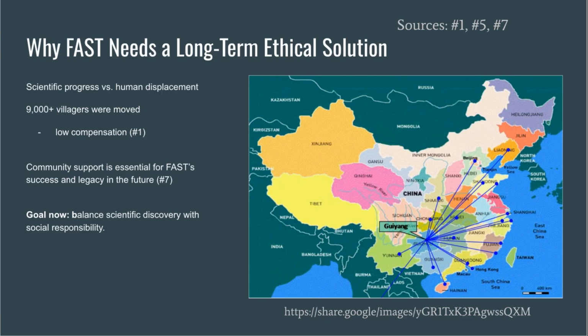Many people questioned whether they had any real choice in leaving, especially since this region is rural and historically has little political power. At the same time, FAST's long-term operation ultimately relies on the support of the surrounding community, because any interference from electronics or tourism, because of the sensitive technology or nearby homes, can disrupt the sensitivity, as said in Source 7. So the central question going forward, and the key idea I'm going to address, is how to balance FAST's scientific importance with the need for protecting the rights and well-being of the people and communities who live close to it.